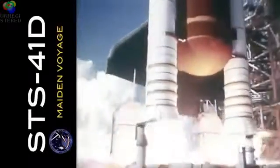On the ignition, and we have liftoff. Liftoff of mission 41B, the first flight of the orbiter Discovery, and the shuttle has cleared the